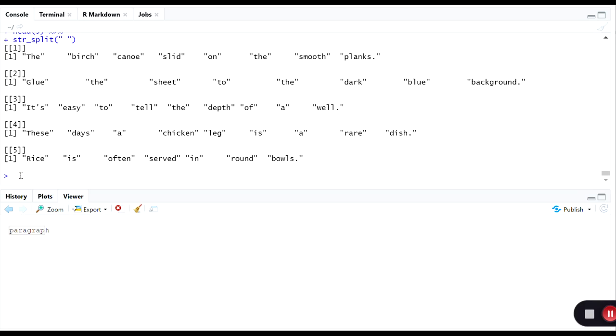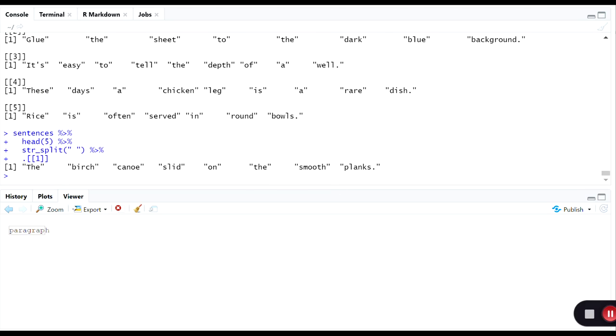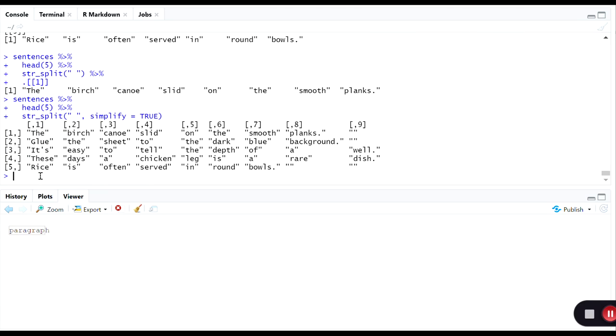Now I could do the same thing and just pick the first element of the result, like so, and that gives me the first listed element. If I don't like it coming back in a list, I could use simplify equals true, and this will make it into an array,